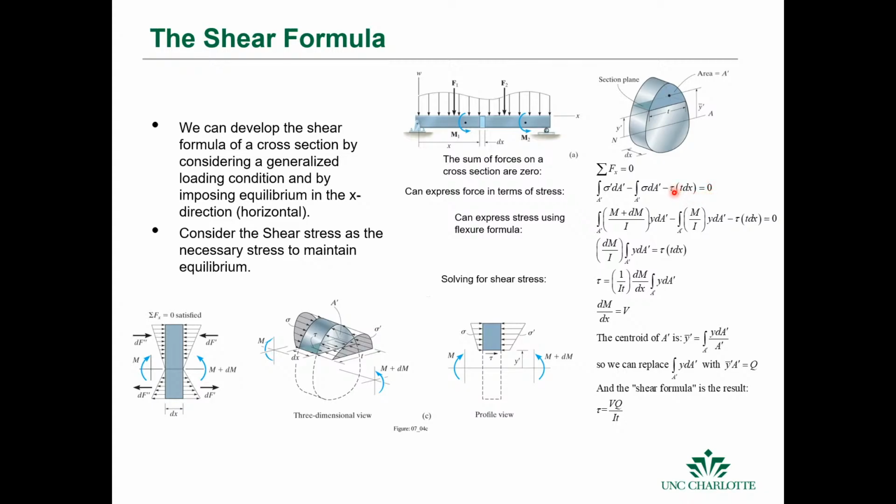Okay, and notice that the shear is multiplied by the thickness of that cross-section, t times dx right here. So that's how we get this area that shear acts over. So in order for us to have static equilibrium, that has to be true. We can use the bending stresses, which we haven't derived yet, but this comes from the flexure formula, which we'll see later. And then we can group terms and simplify and get an expression for shear that looks like this.